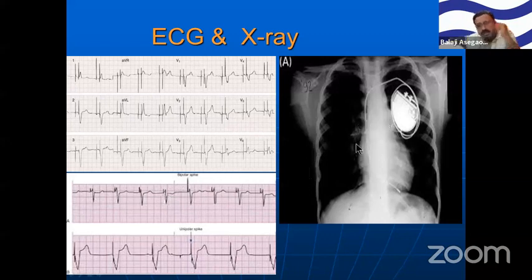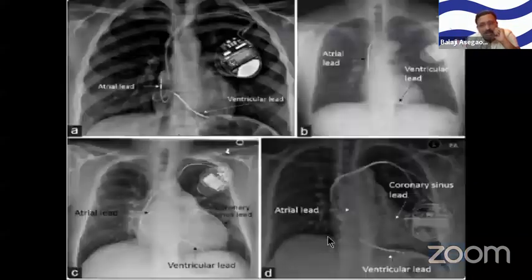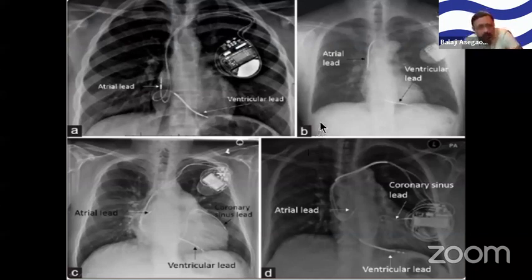Always see the X-ray. Preferably take a deep penetrating view of the X-ray. Why? What is meant by deep penetrating view? When you are able to visualize the spine on an X-ray, we call it a deep penetrating view. On X-ray, you can get a lot of information about the pacemaker. For example, in this X-ray, this is a sequential pacing. Atrial lead is there, ventricular lead is there, and a dual chamber sequential pacing has been done.